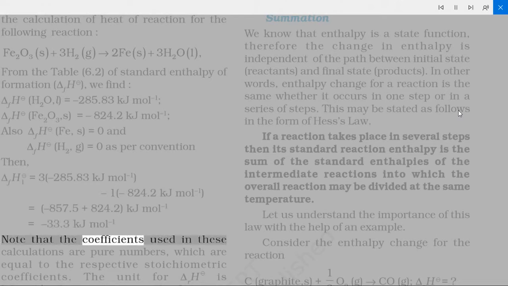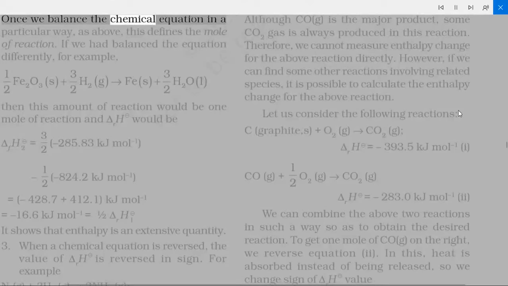Note that the coefficients used in these calculations are pure numbers, which are equal to the respective stoichiometric coefficients. The unit for ΔrH° is kJ mol⁻¹, which means per mole of reaction. Once we balance the chemical equation in a particular way, as above, this defines the mole of reaction. If we had balanced the equation differently, for example,